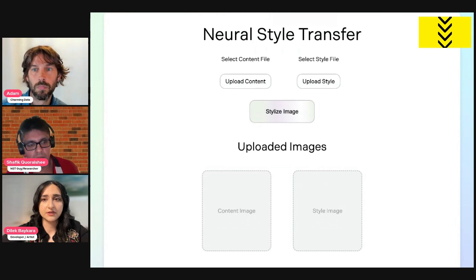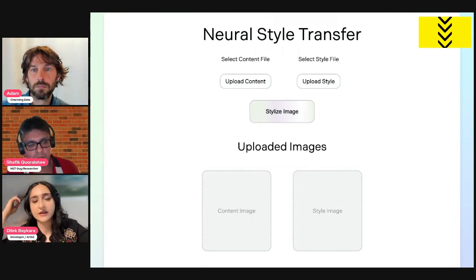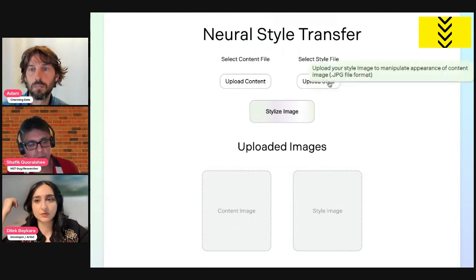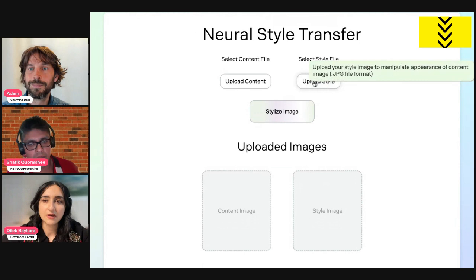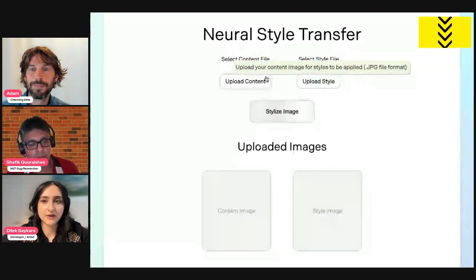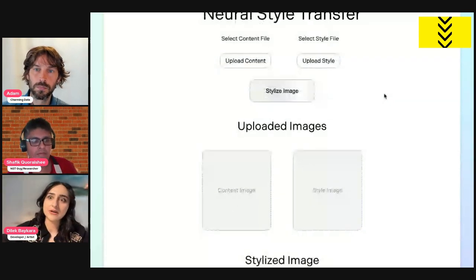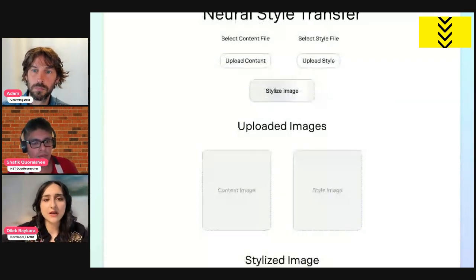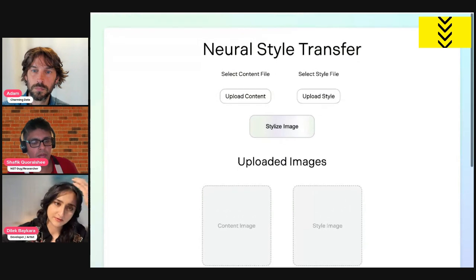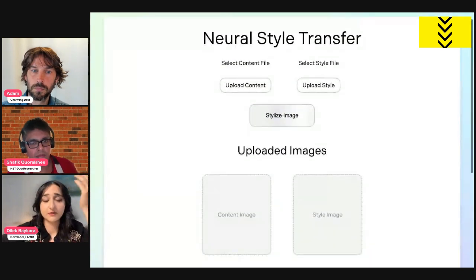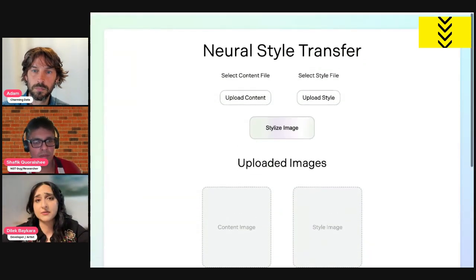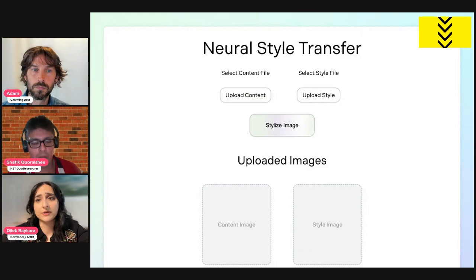I implemented clean buttons with rounded edges, and I added an animation tooltip just to give the user information on accepted file types for the application. And I added a gradient button animation to imply the feeling of magic taking place to the user, because it really is a kind of magic to somebody who is not aware of what's really going on under the hood here.